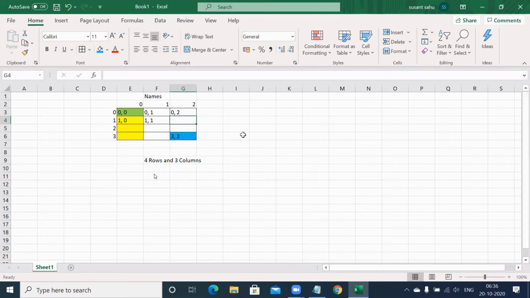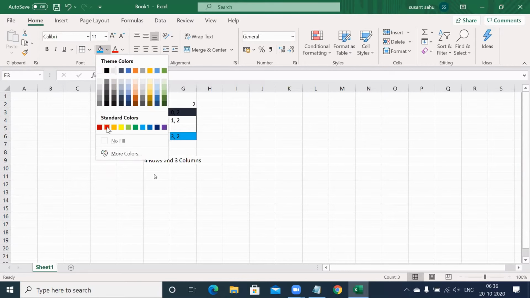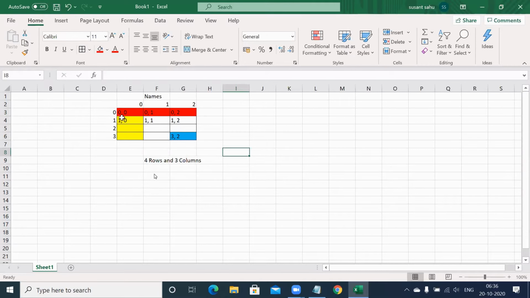So that means if you see one row, that row number is constant, and across it the column number is varying. First row, I'm giving red color. Have a look. In the entire first row, the cells are like this: 0, 0, 0, 1 and 0, 2.